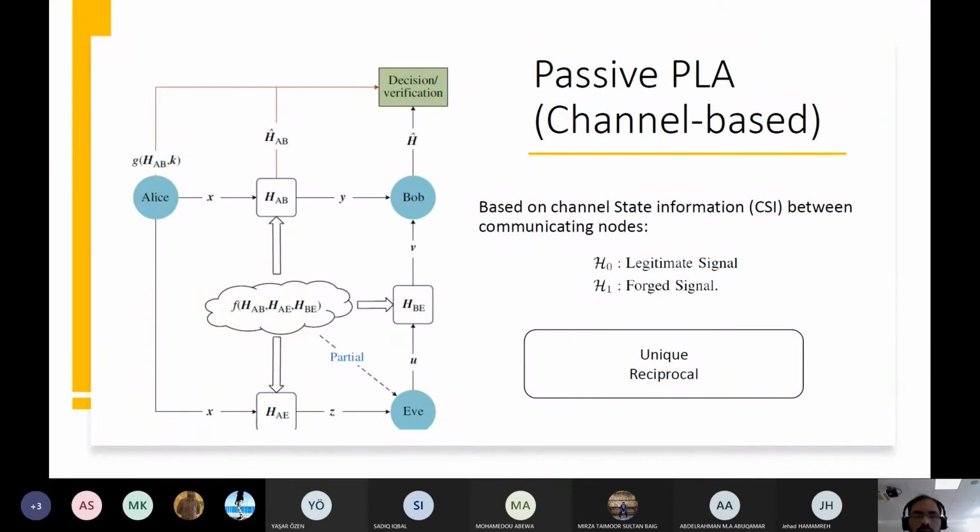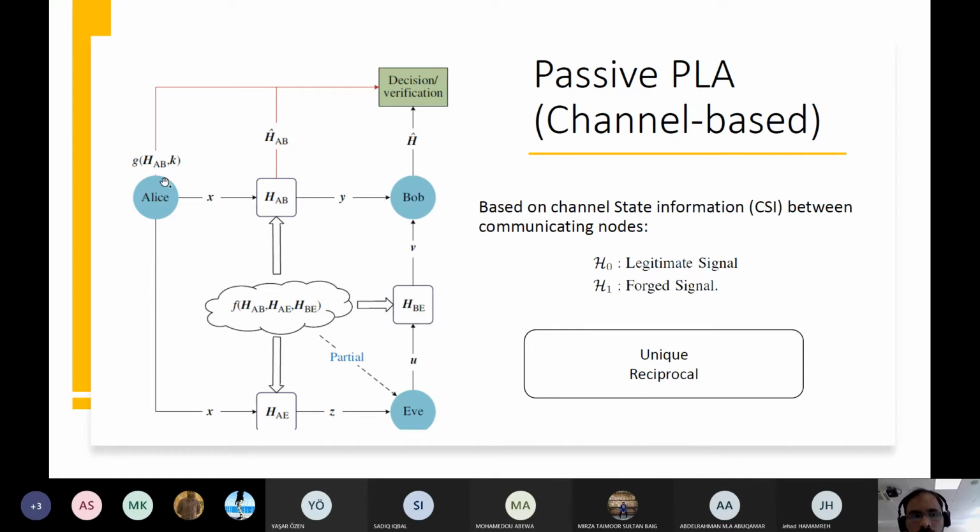In channel-based authentication, as I explained earlier, we have Bob and Alice. In the training phase, Alice will send the channel signal to Bob. Bob will make the database, and Eve will also try to listen to it.